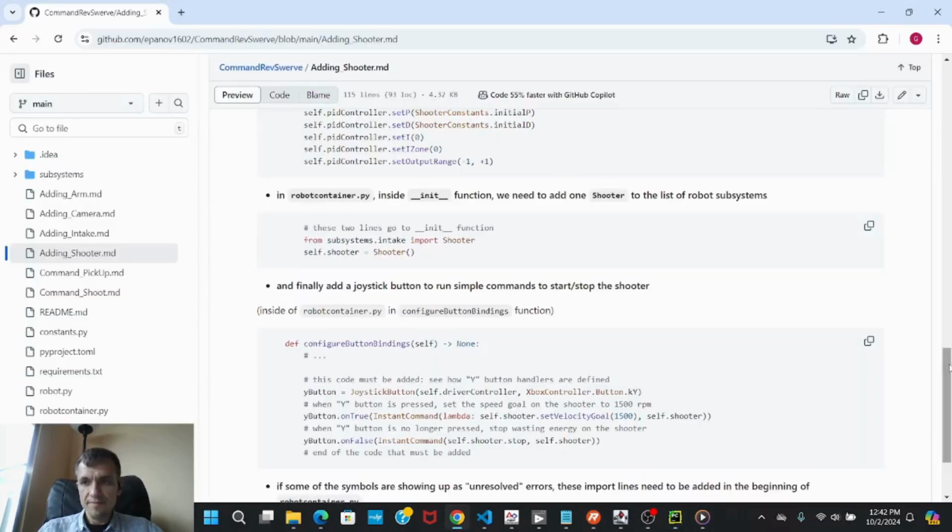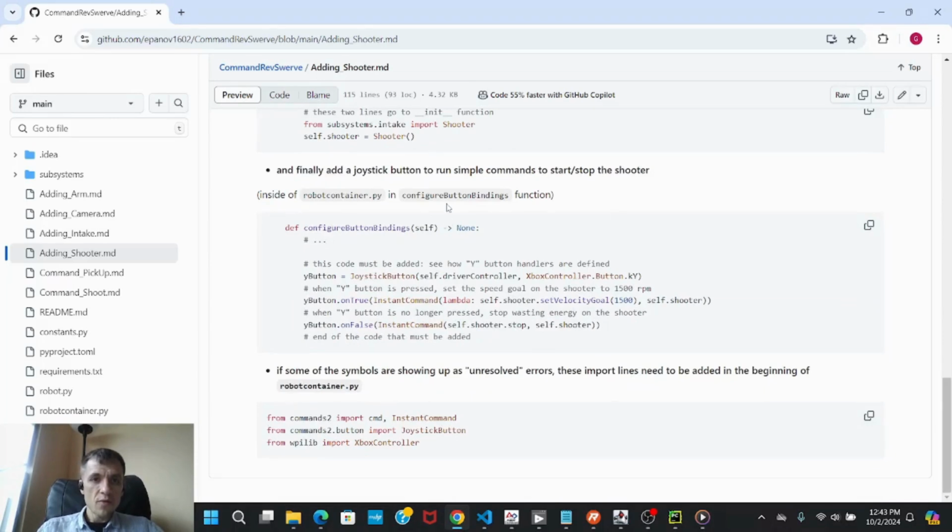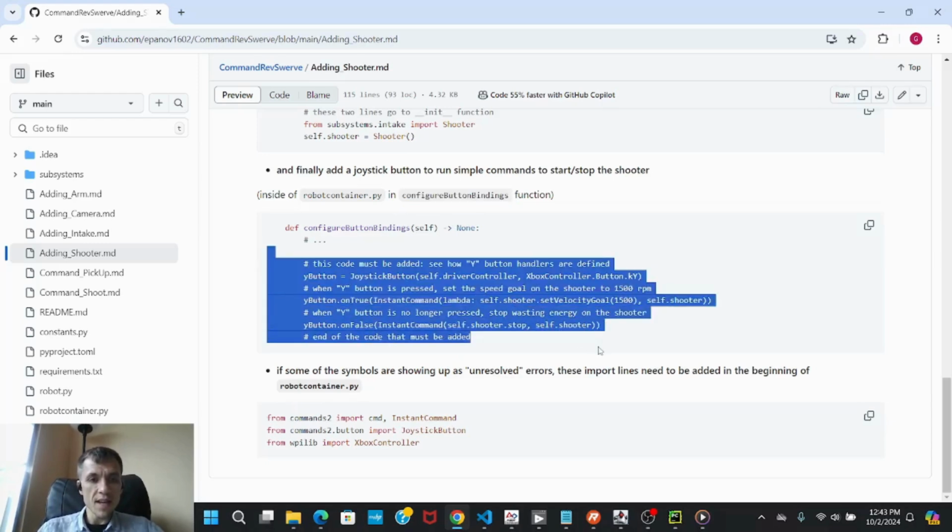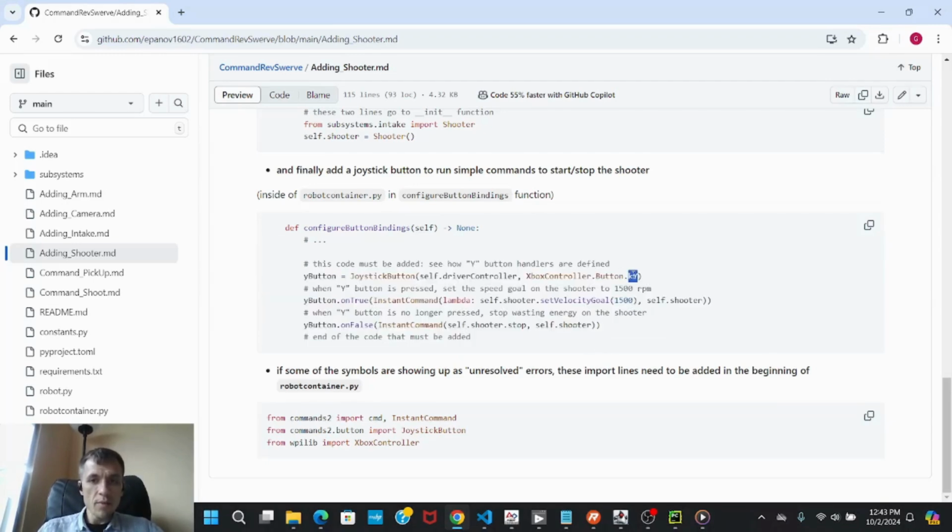What's next? We need to find the function where the button bindings are configured, and inside of that function we need to add, let's use a Y button. Y button will be used to start the shooter when the button is true, which is pressed, with a velocity goal of 1500 RPM. And when the button is unpressed, which becomes false, we're going to call the shooter stop function to stop the